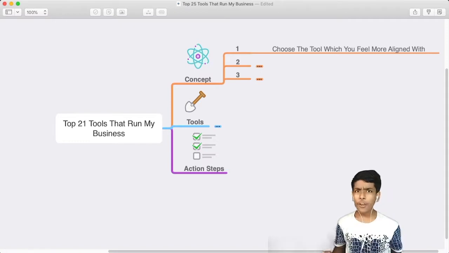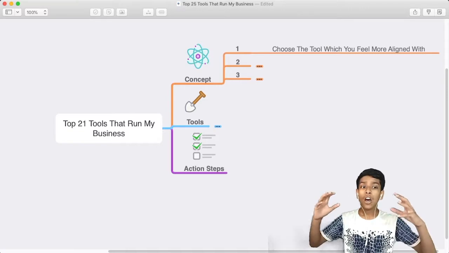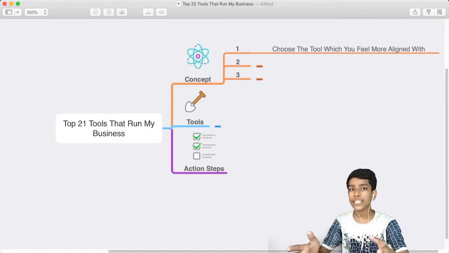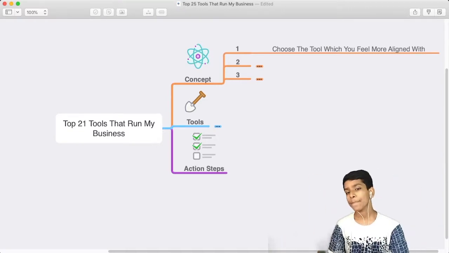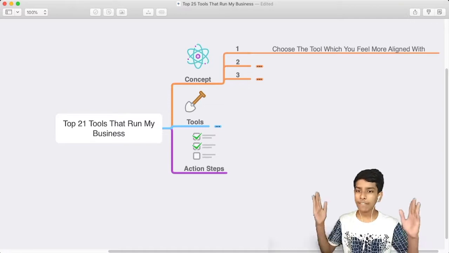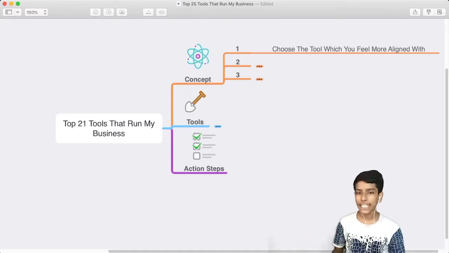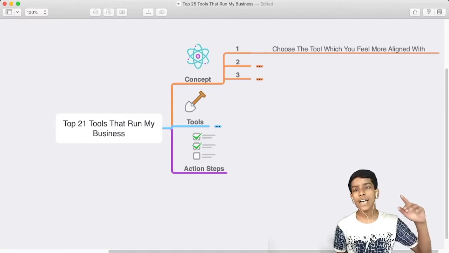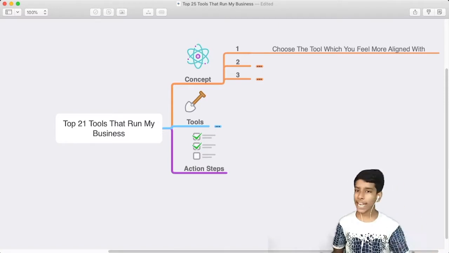If not, then the best one that can give you the satisfaction which you want. So that's the first priority in selecting a tool: choose the tool which you feel more aligned with.